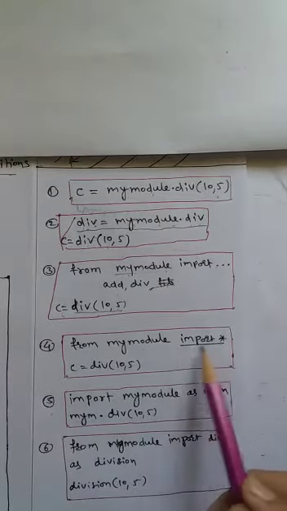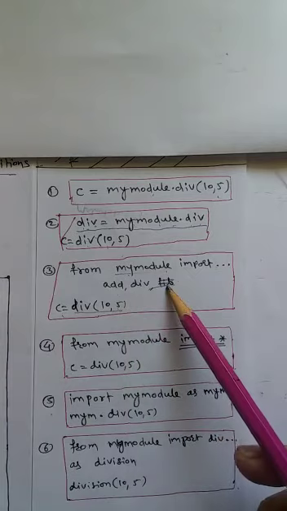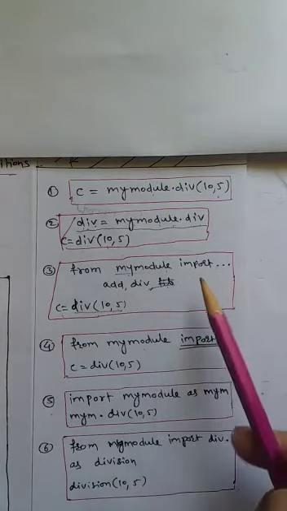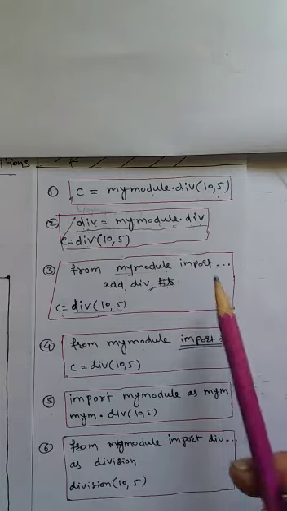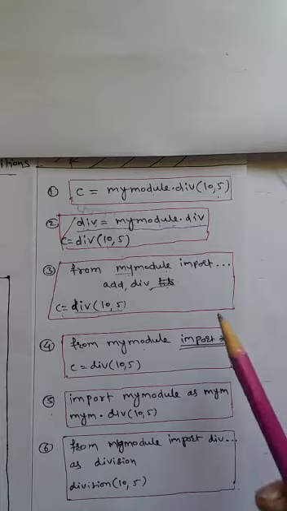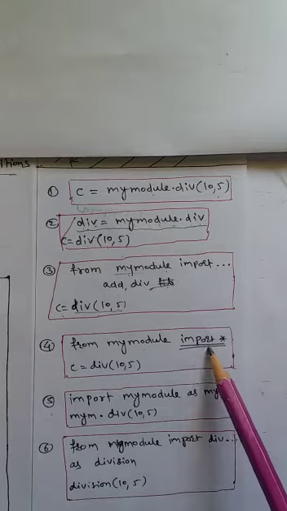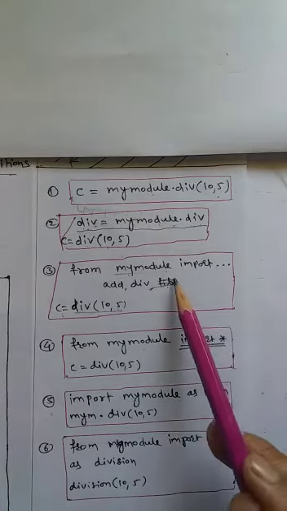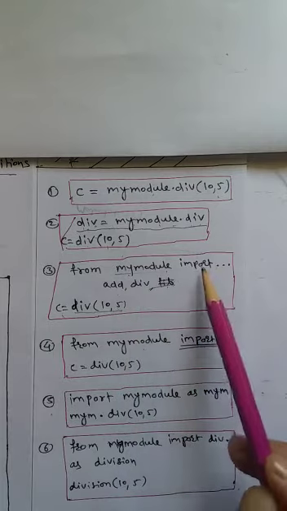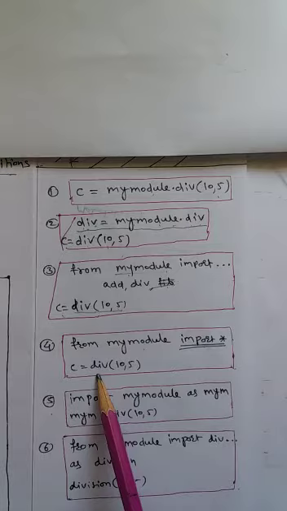Now see, this is the way of importing all the functions, in our case add, div, leave, fib. But suppose our module contains a number of functions, more than 30-40 functions, and in our program we hardly require 4 to 5 functions from that module, then the code will not be that readable. So it is better to avoid this and use this one instead, so that we have an exact idea which functions we need from our module.